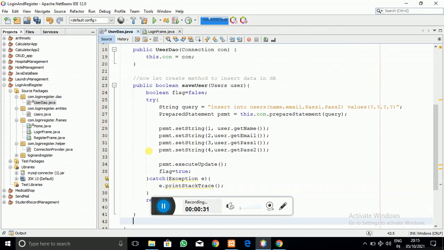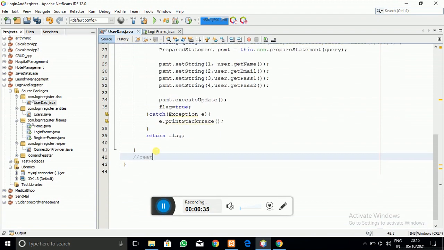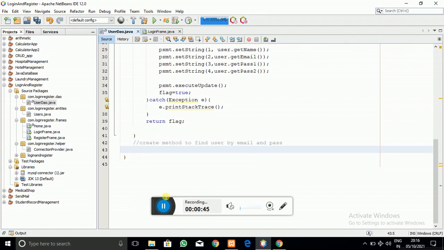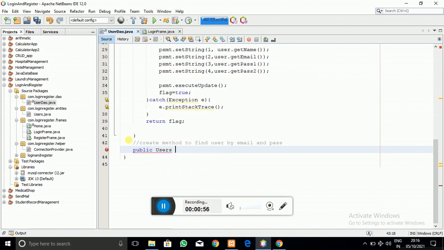For that purpose I have opened the user DAO class, and in that class I am going to create a method which takes the email id and the password as arguments and returns the user object. So let's create a public user entity method and name it get user by email and password.